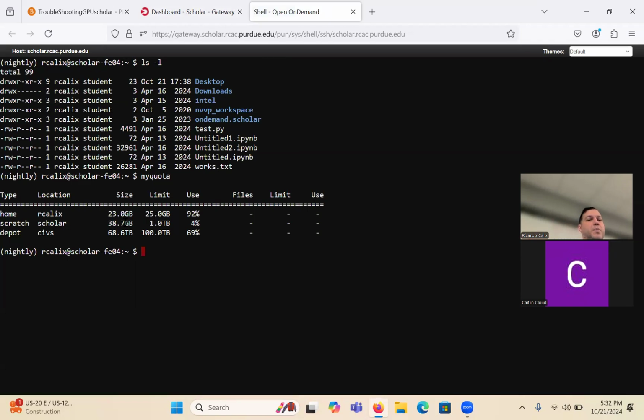You do have this other space called Scratch Scholar. And if you go to Scratch Scholar, that has 1 terabyte. So when you're training your vet GPT, maybe you want to put all your data in scratch. It should be /scratch/scholar, and then put your data there, and then reference it from your script,